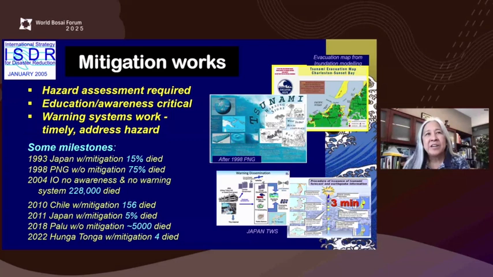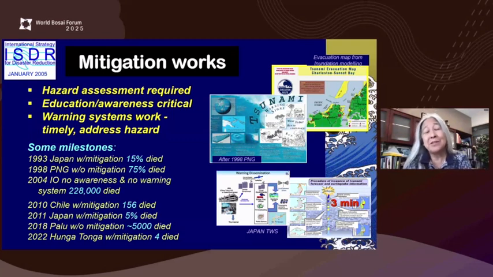required, and we do that awareness and education to share that information across schools and many different populations, and we have a warning system that works, that is reliable, that provides timely information and addresses the hazard, whether it's distant or local. That type of mitigation does work, and if you can just roll down through some of the events, in 1993 in Okushiri,